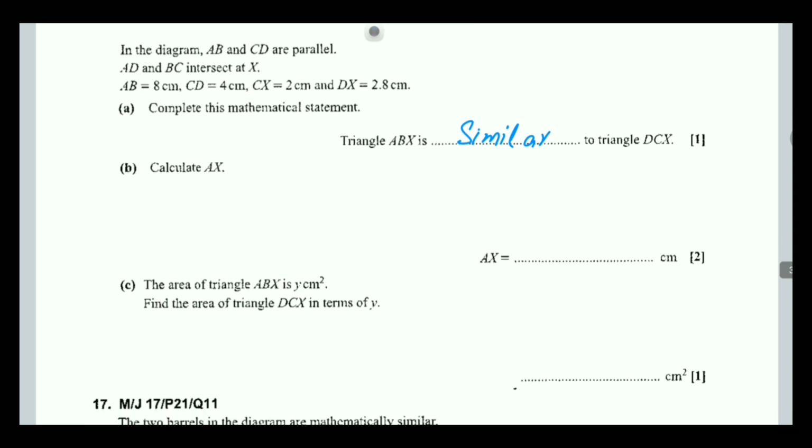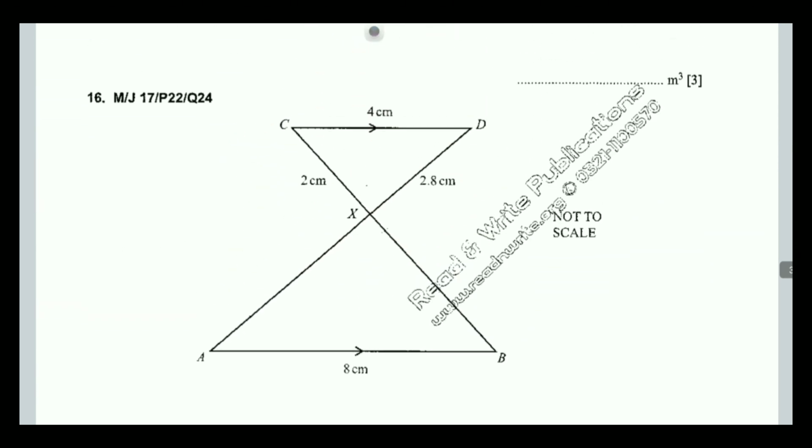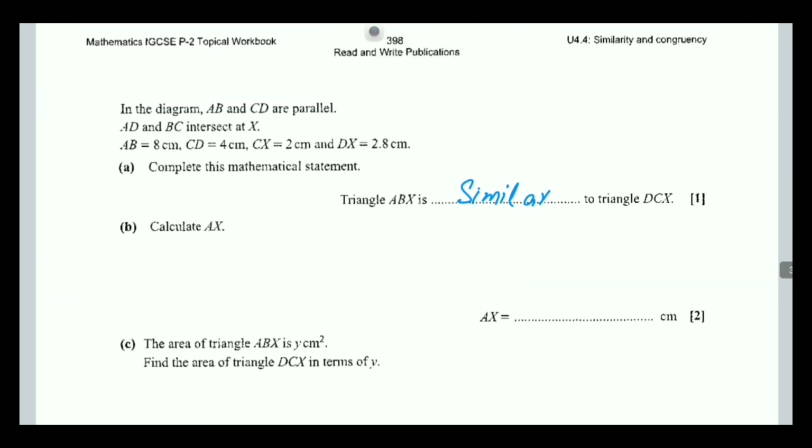Okay, how to calculate AX? 4 by 8 are corresponding sides, and we are going to find the value of AX. AX corresponding side is 2.8. So we will use the ratio of corresponding sides, like 4 by 8 is equal to 2.8 over AX, and